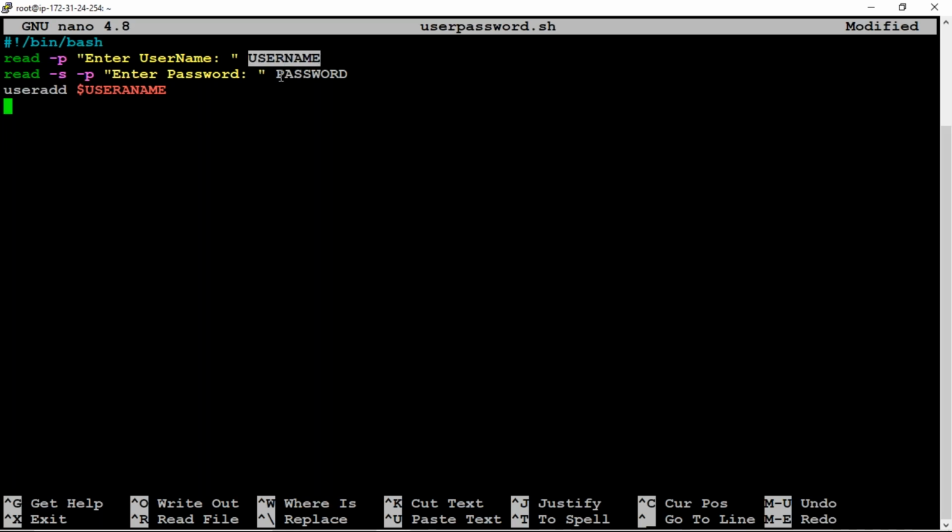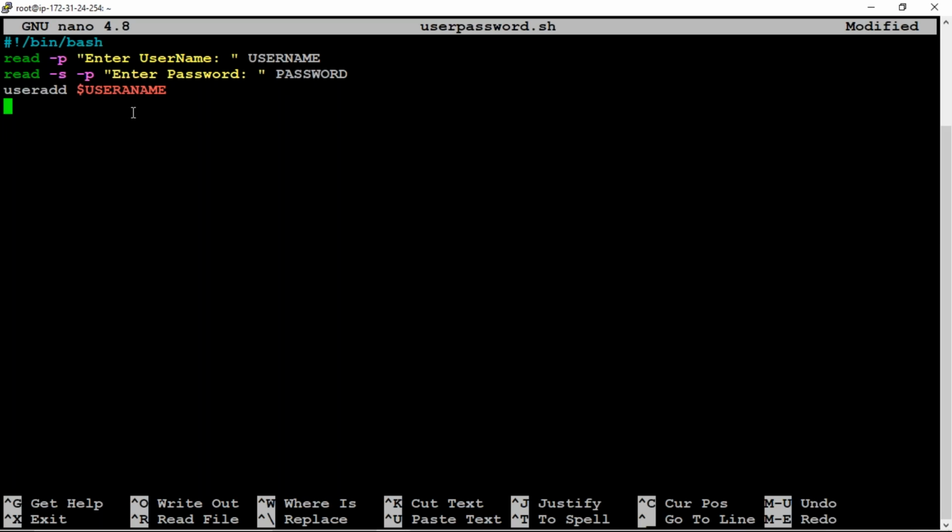We need to match this username for this password. Got it? Whatever username we are creating, the password is also for that same user. So we need to combine this username and password as well.